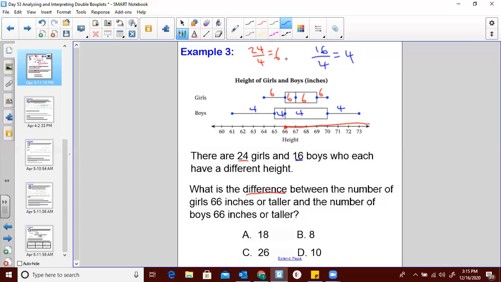So now we just want to look at our line. Remember, we drew it at 66. Let's cut this off. Remember, everything to the left of the line we're not really looking at right now. Well, for